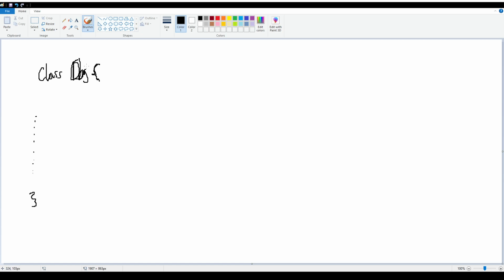Now with all classes, you have something called a constructor. Now what does that do? So just before you create an object, the constructor is called, and that logic is then applied first. Then it creates your